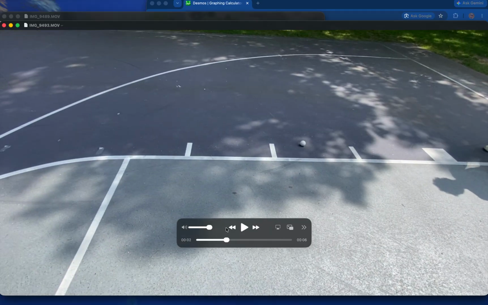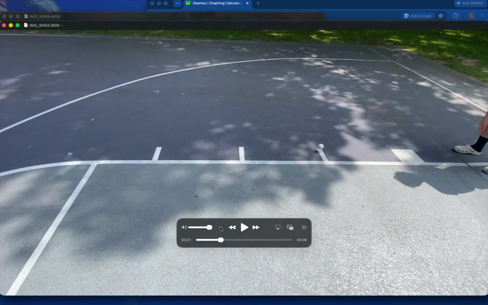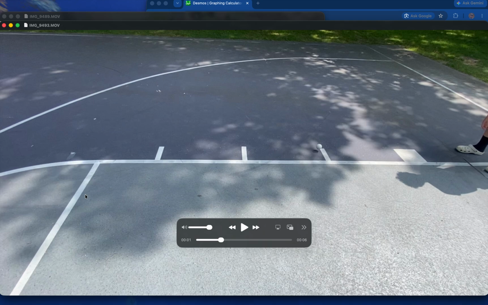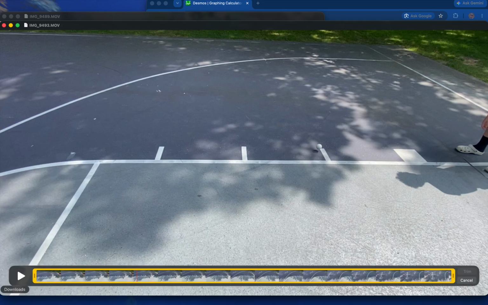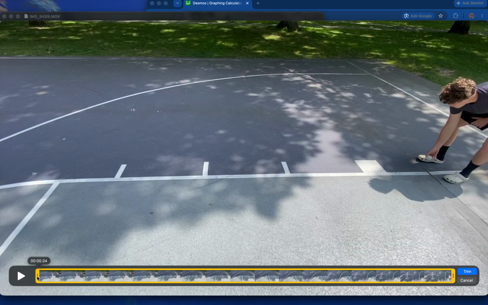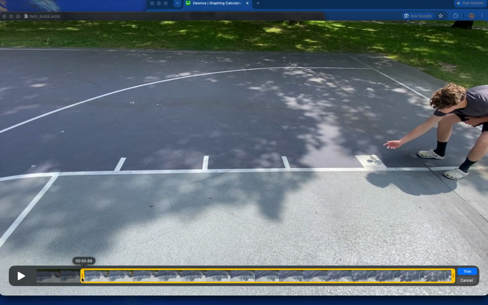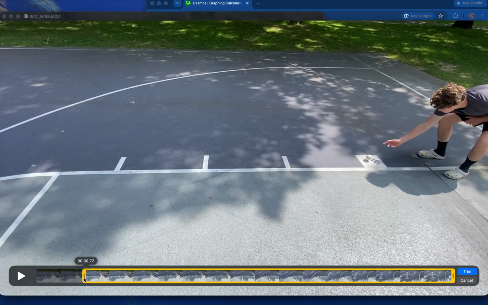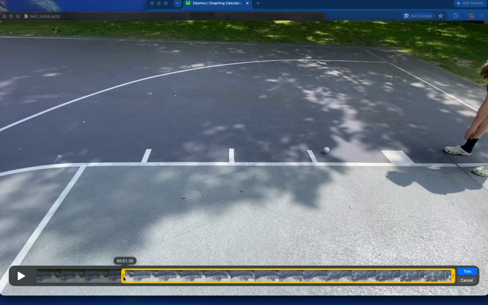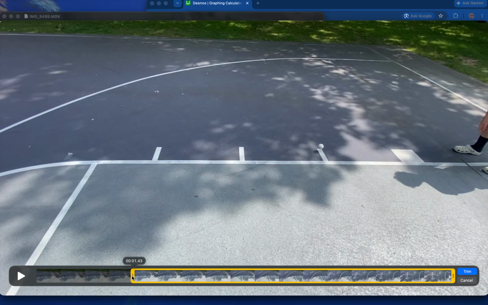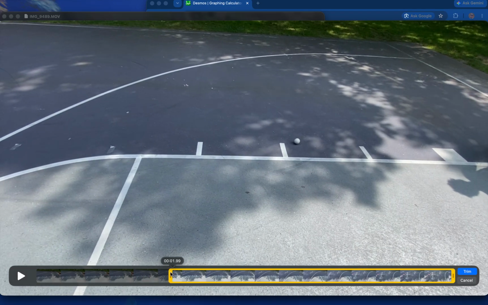But let's not, right? So again, I would go to trim, Command T. Again, your iPhone will do better with this, right? So here the 0 second mark is right around 0.69 seconds. It hits the first mark at about 1.43. It hits the second mark at about